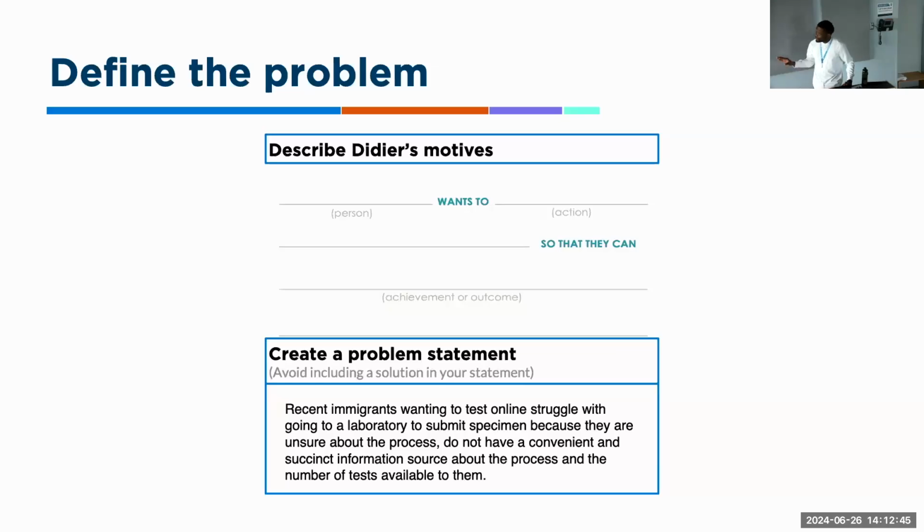At this time, we had created a problem statement. I should have edited it slightly to include the statement around accessibility. So DDA or recent immigrants wanting to test online struggle to go to a laboratory to submit specimen because they're unsure about the process, do not have a convenient and succinct information source about the process and the number of tests available to them. So Swati is going around